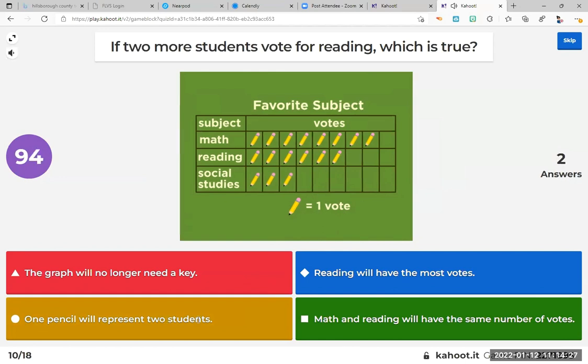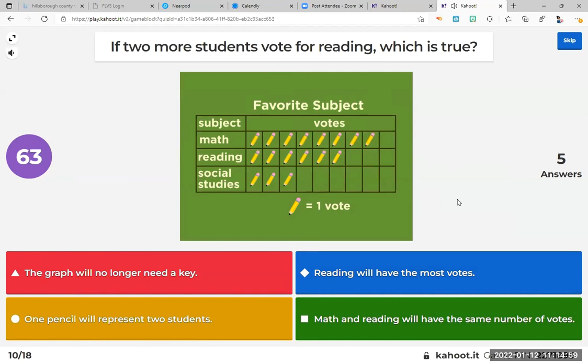One pencil will suddenly be two kids. Huh? Why would that happen? Why all of a sudden would we change the number of kids that vote? How about reading will have the most votes? If we give two more votes for reading, the reading will have the most. Is that true? How about math and reading will have the same number of votes? Guys, if we could draw two more pencils in the reading,